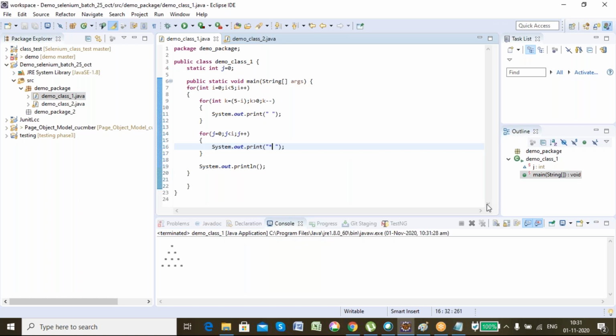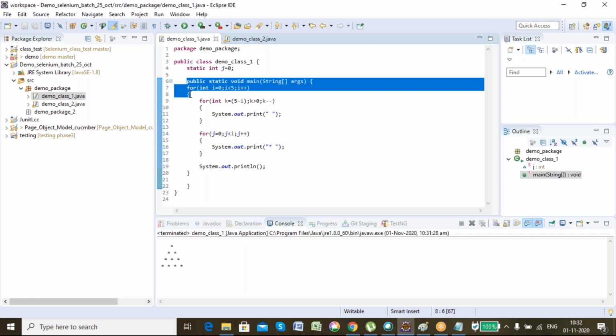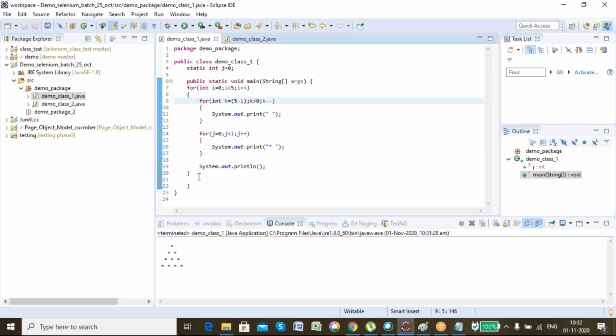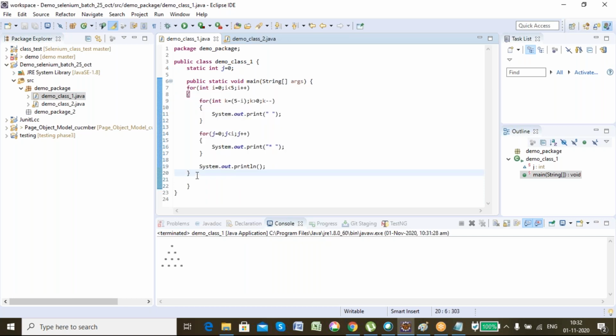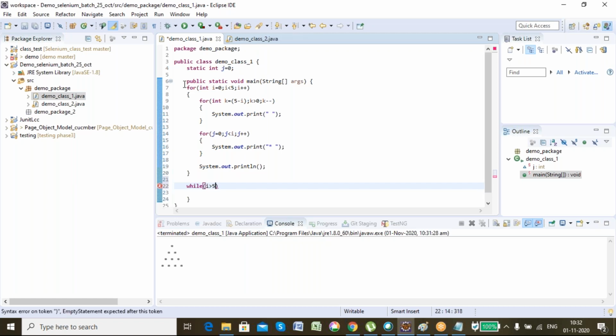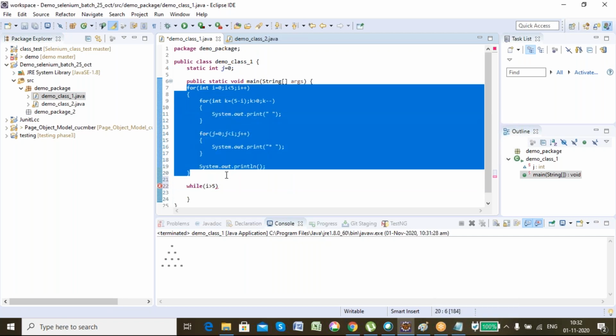Now let's learn do while and while loop. If I want to comment multiple lines of code, what can I do?